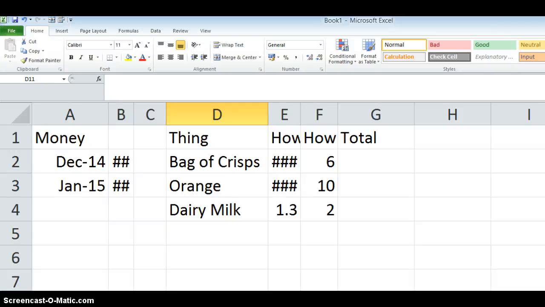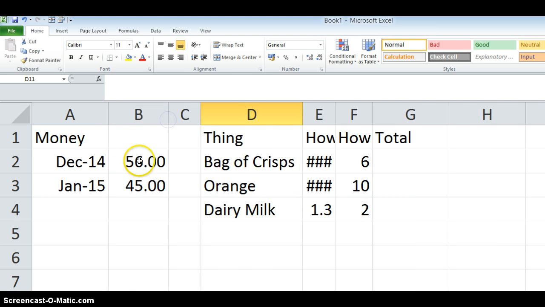Okay, we're going to look at Microsoft Excel. Here we have money from December, January. See how we have these symbols here? This means that the column is not wide enough. So I need to go up in between B and C and stretch the column to make sure I can